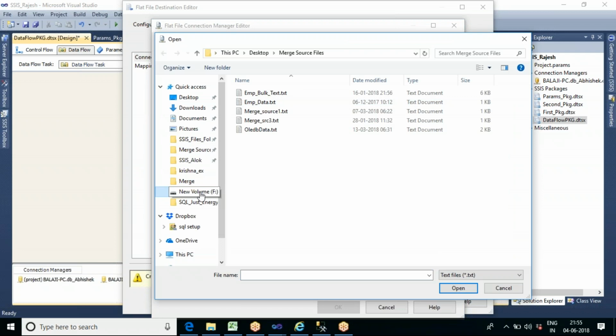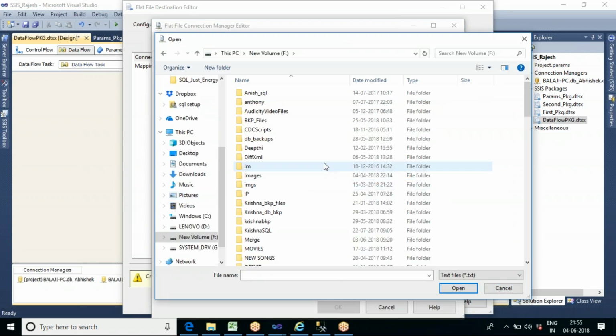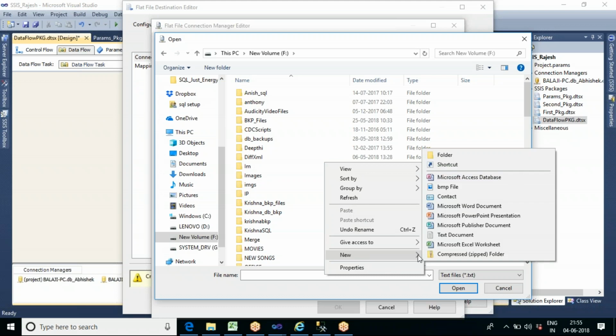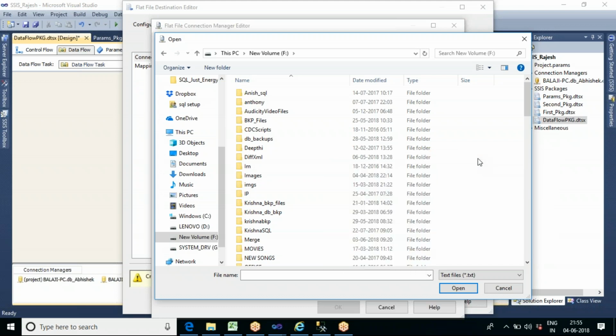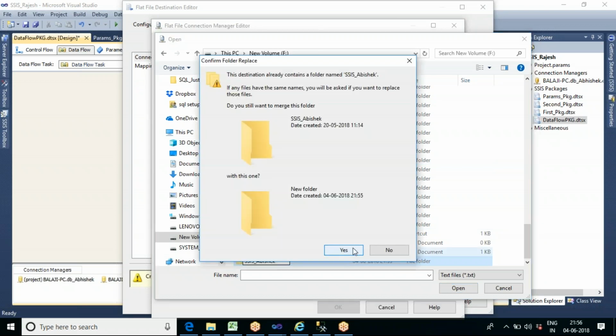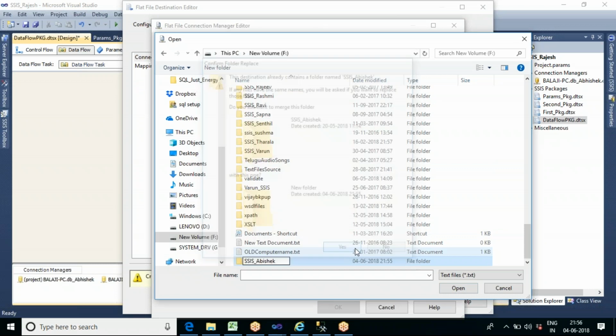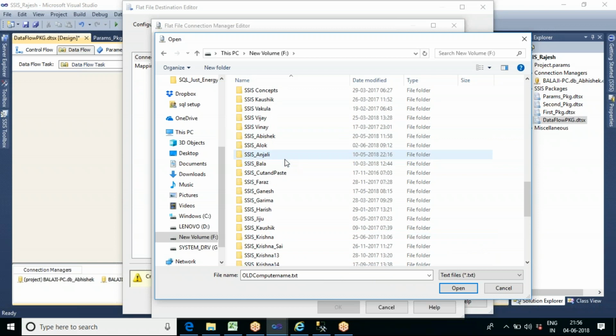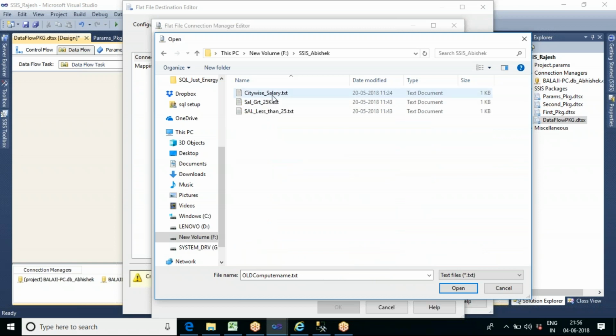Let us create one folder for our class files. Let us say SSIS underscore Abhishek. Okay, we have one folder.